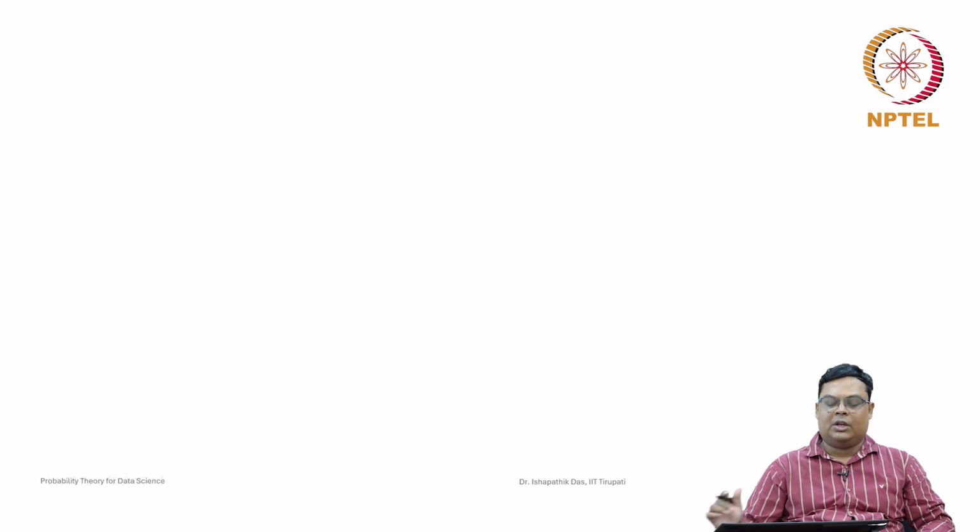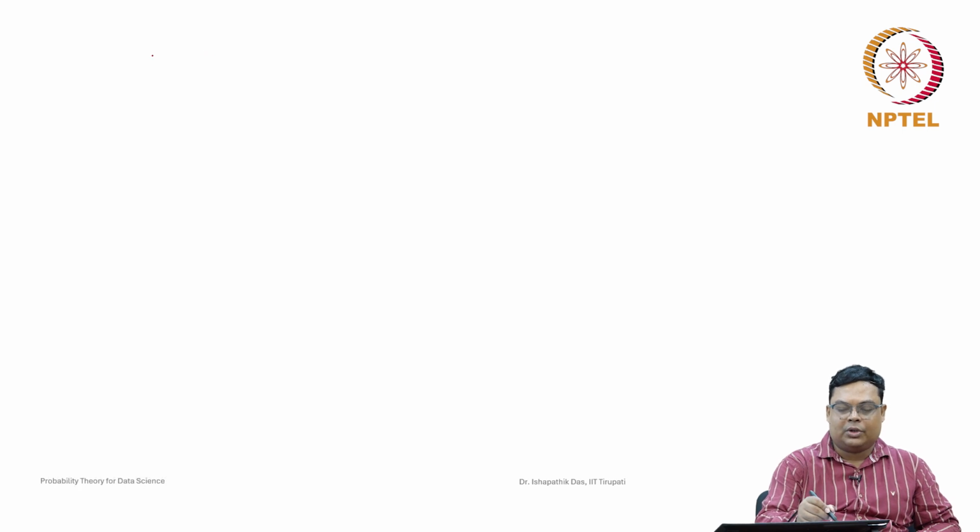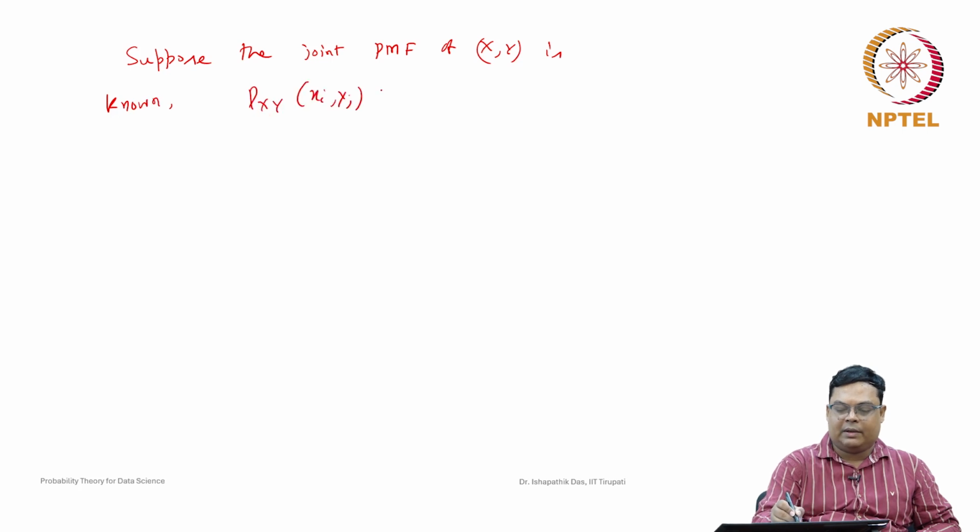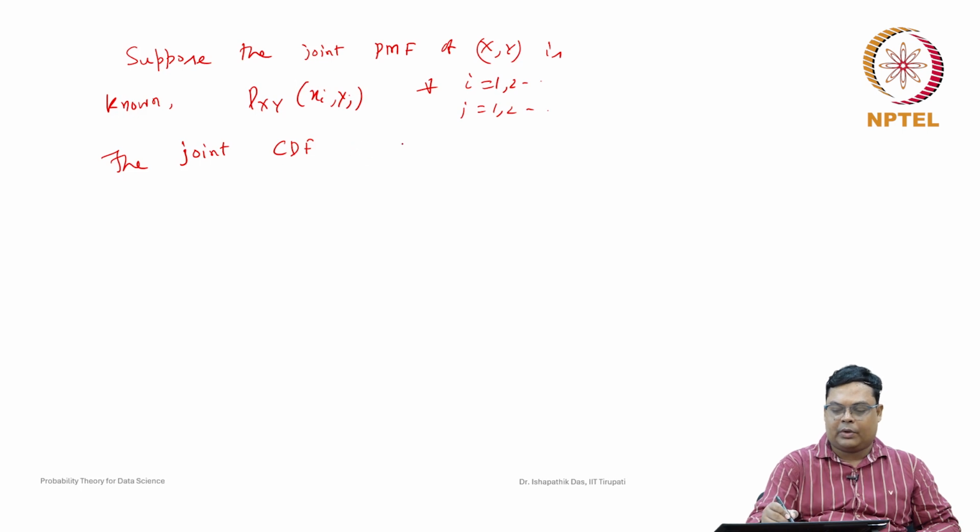So, if you know the joint probability mass function, suppose the joint probability mass function of X, Y is known. That means p_XY of x_i, y_j is given for all i = 1 to n, j = 1 to m. The CDF, the joint cumulative distribution function of X, Y is given by